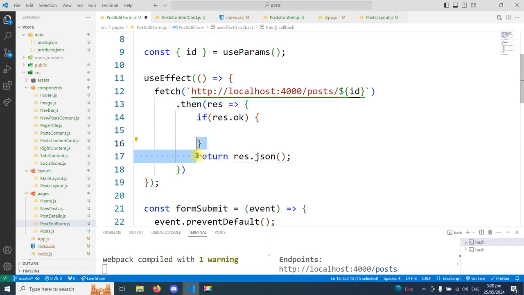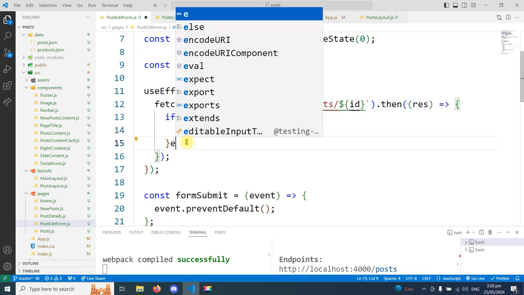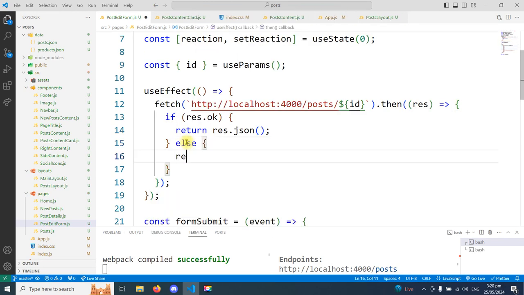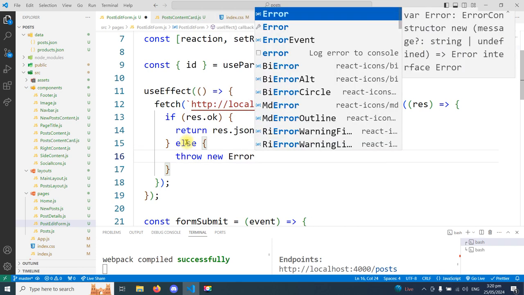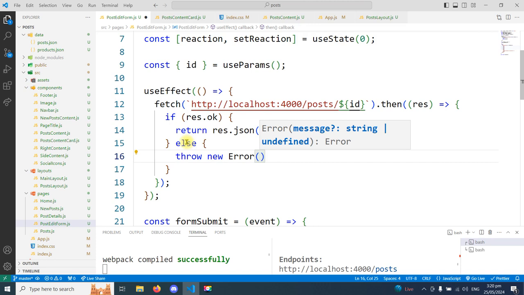This data. It should give us a return of this data. Else, it should return, and then throw. Okay, we can do throw new Error and say that error is